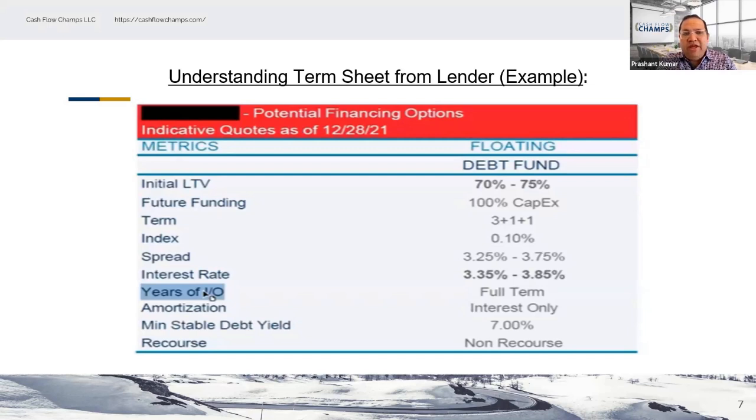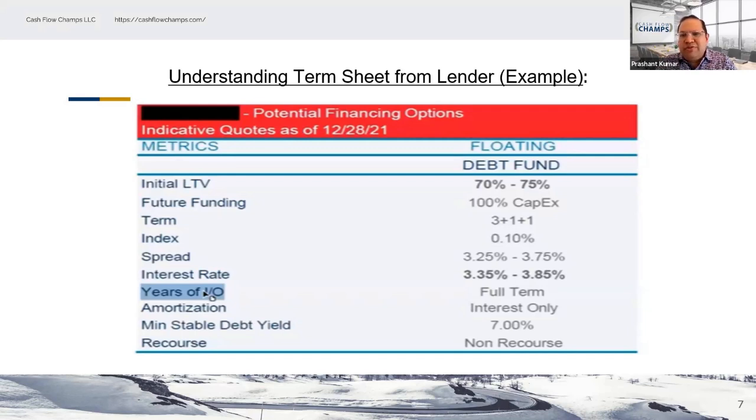Remember that they may give you indications of what is going on in the market, right? And it may just be their own interpretation. They have not gone out to the lenders yet. We call it pre-term sheet indications from lender, right? I'm just showing something from one of our properties in the past, actually long ago, about 2 years ago.